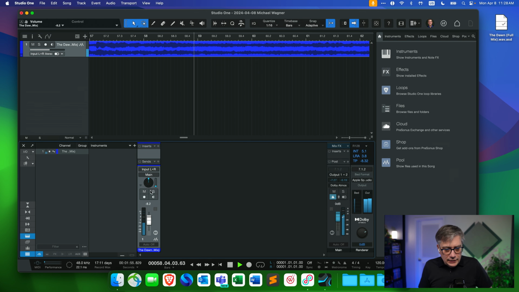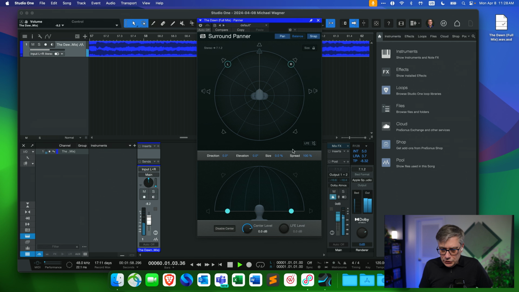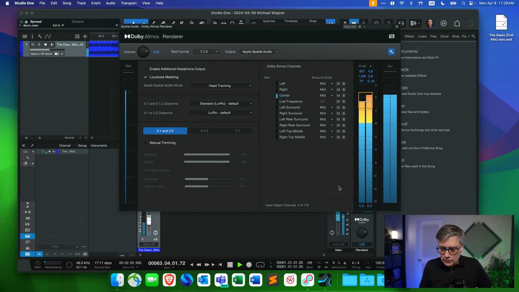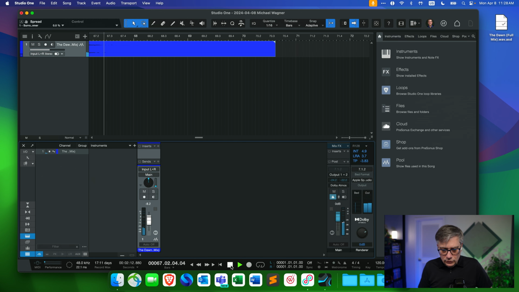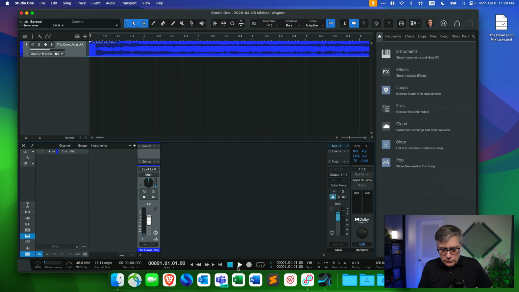Now, in order to make that a little bit more obvious, let me do one more thing. Let me change the spread to 0, and that essentially means that I have a mono signal. Once again, let's double check that the signal is not too hot. Yeah, that's fine. So if I'm now moving my head, oops, I should probably restart the loop. Let's restart that. So once again, you hear that as a panning. And for me personally, it gives the impression that the sound is right in front of me.